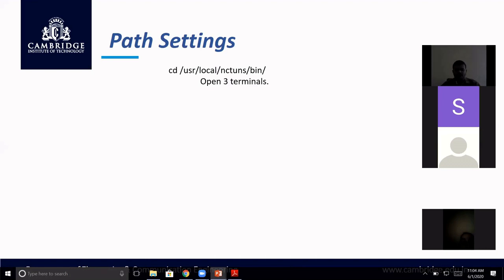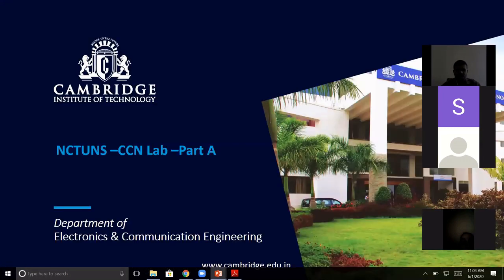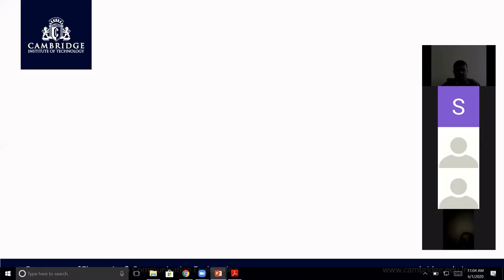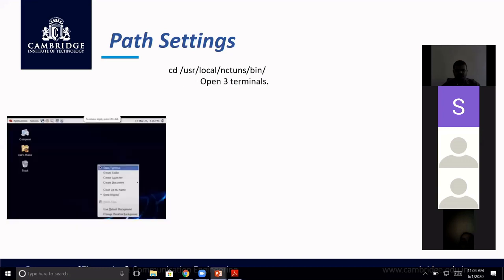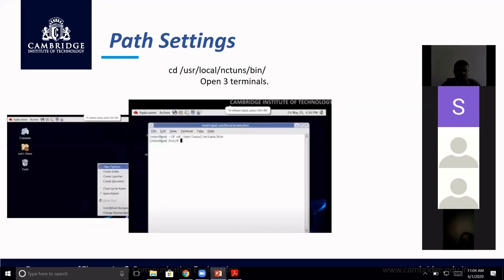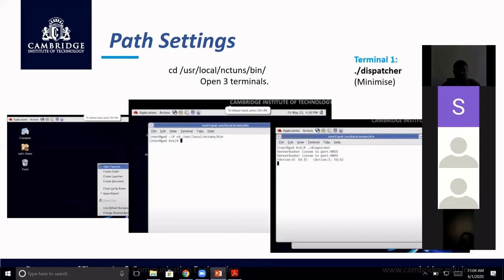So for part A, we are going to use a tool called NCTNS here. How we use NCTNS, what the NCTNS tool is, how it works. NCTNS tool has three portions. You have to open three terminals. It works on a Linux platform, where you do the things on Linux.